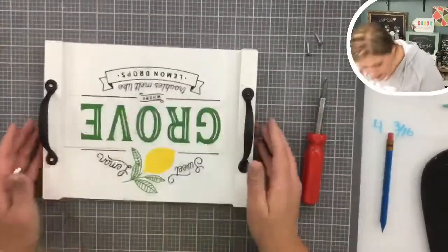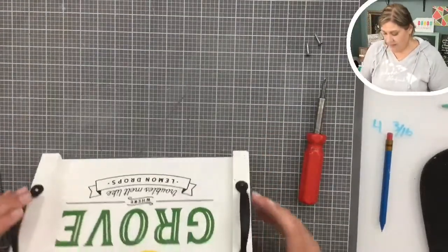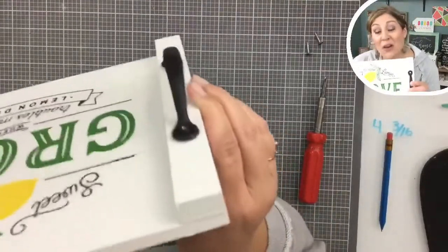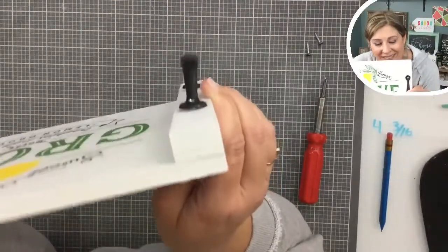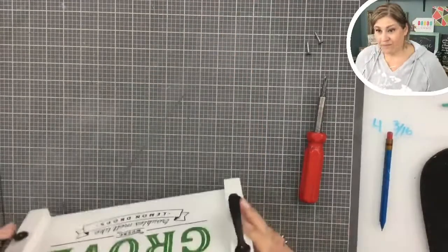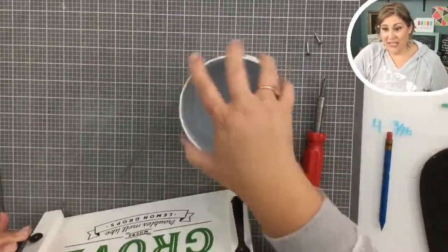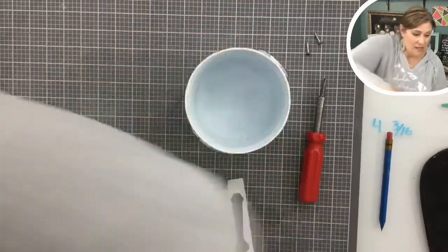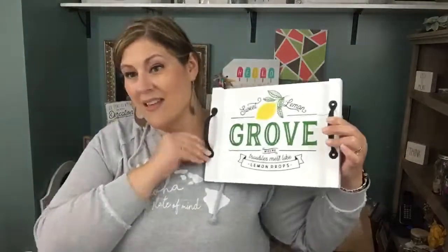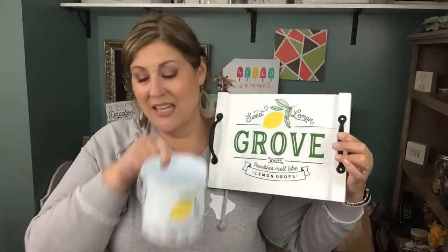Okay. Well, at least you can see this side is attached, but this side I have to hold on. So it is cute. It's a cute little homemade tray that's going to go this and this. You can see that. This and this. It's going to get added to some of the other things that I have already for the